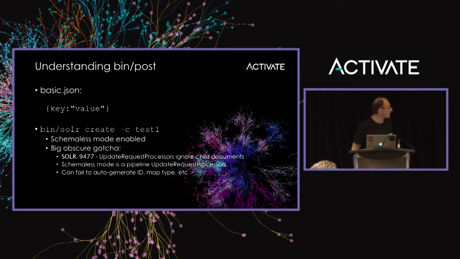One object, it has a key, it has a value. You can see I'm using our extension. I'm not quoting the key. All right, so let's create a test collection that we're going to use it for. So just the usual bin solr create -c test1, which uses the default config set,